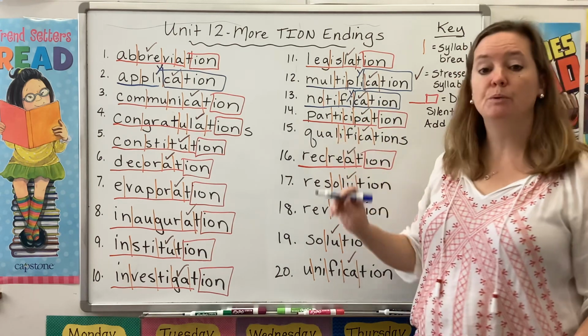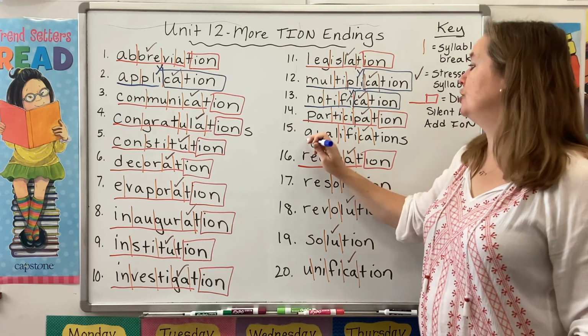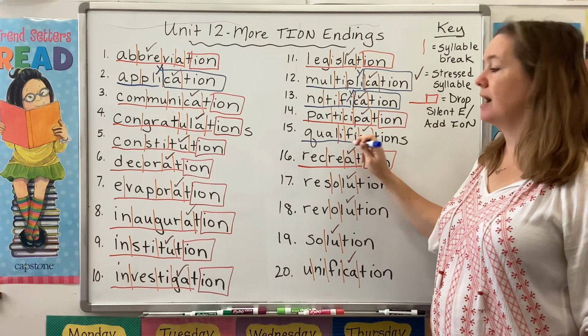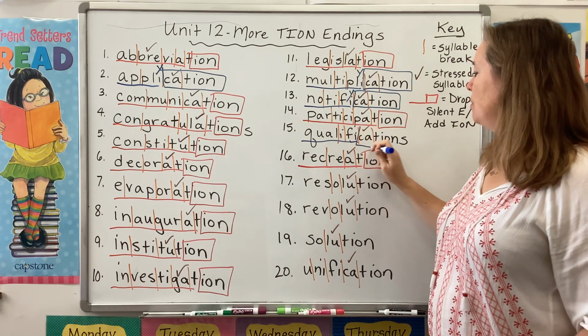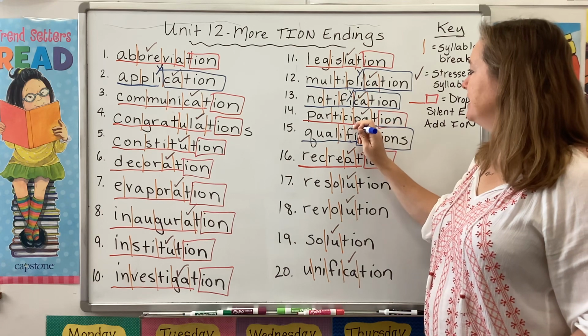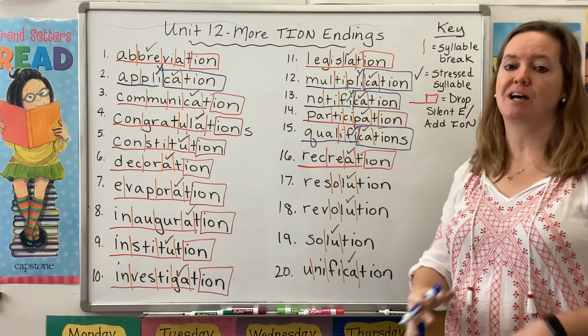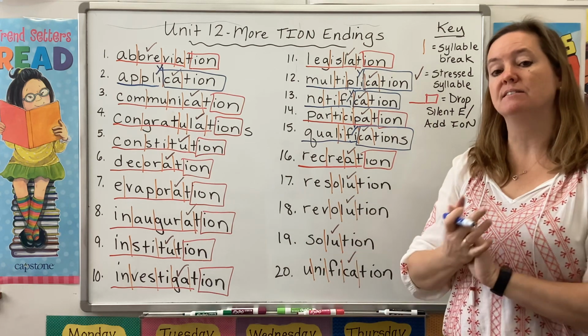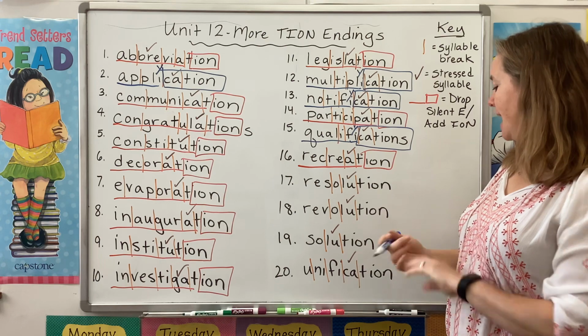If you want to prove to someone that you qualify, that you're good enough for a job, then you have to show them your qualifications, okay? I qualify for the job because I have all these qualifications. And then the last one,